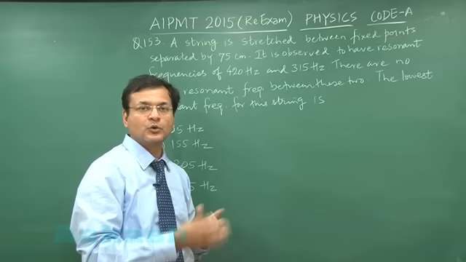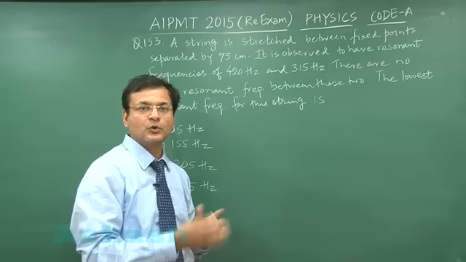Now the next question, that is 153, which is based on resonance and that too wave motion. Here it's a sonometer wire case and you have been given two consecutive frequencies, 315 Hertz and 420 Hertz. In this kind of question, you have to find out the fundamental frequency. It's a very easy question. You simply take the difference of these two. How much is that? That is simply 105 Hertz.